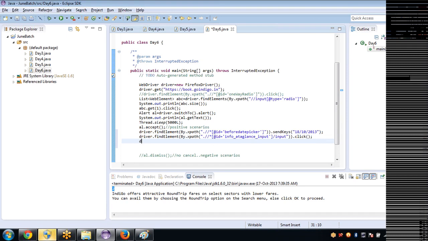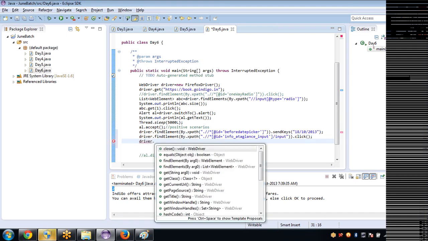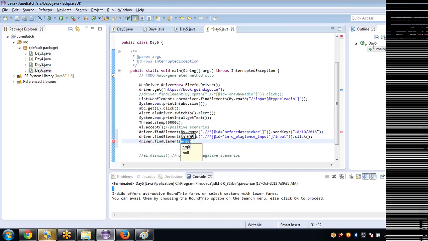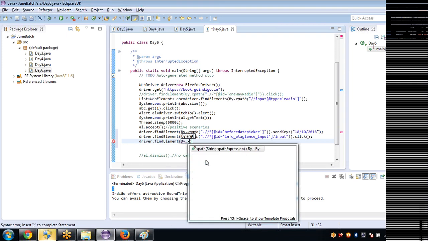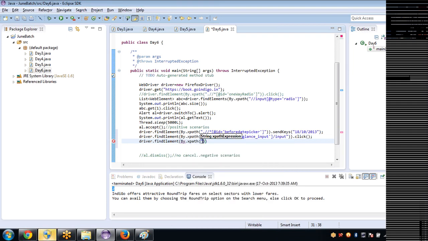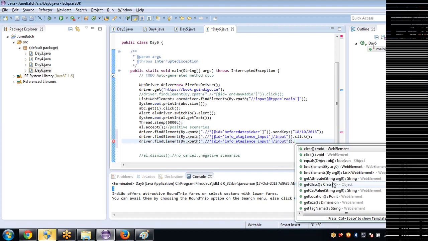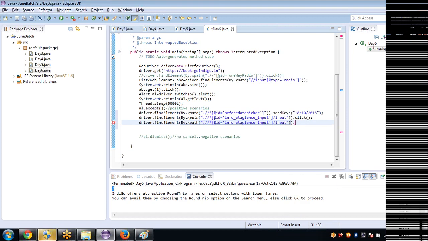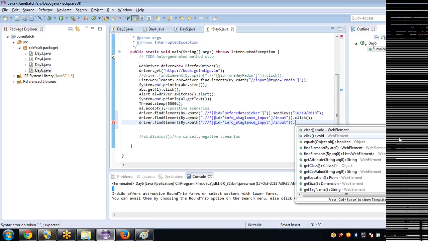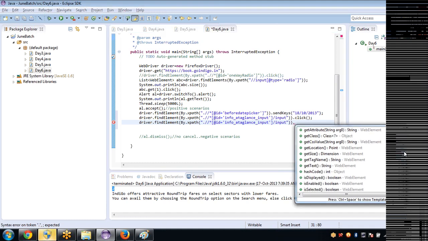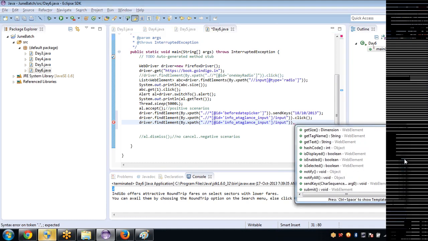You can keep validation in this way here. Driver dot, again the same thing, find element. In the above I have performed the click operation, right? Dot, there is a method called is selected.